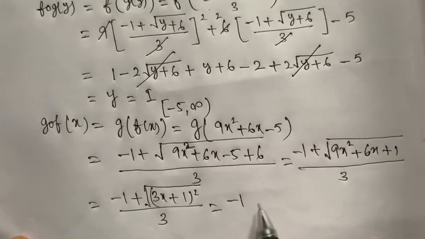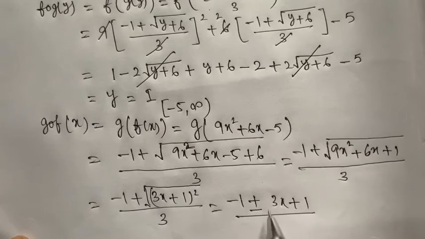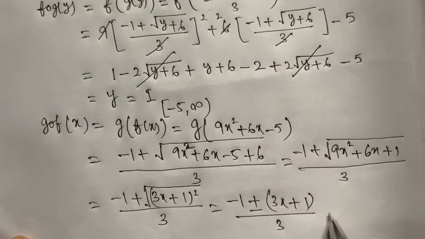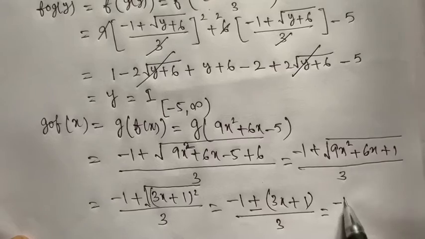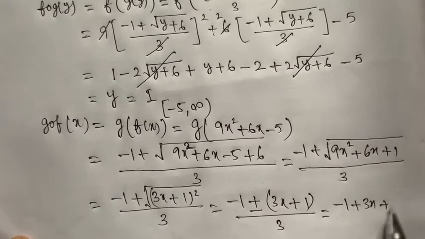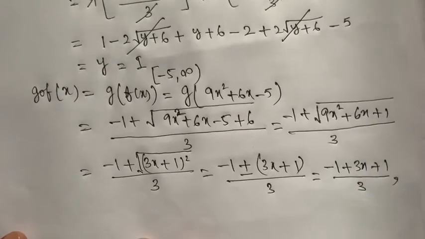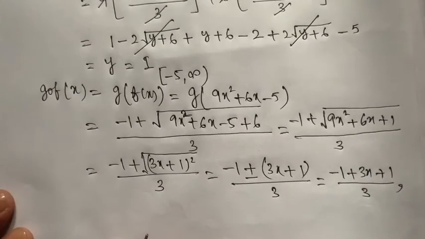It is minus 1 plus modulus of 3x plus 1 upon 3. It is minus 1 plus 3x plus 1 upon 3,